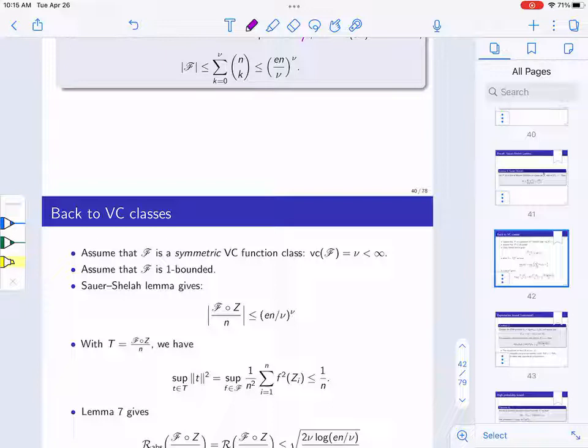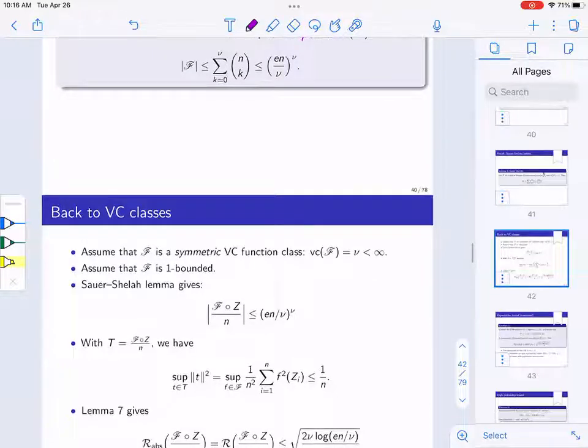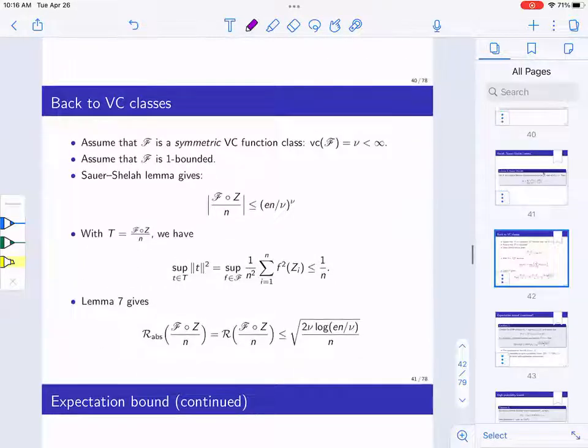Then the cardinality of this set, the restriction of F to the endpoint set z1 up to zn, by that lemma is (en/nu)^nu. And if I apply our result, if you take T to be this set, you have the cardinality and also have to control the diameter. Because we're symmetric, let's say centered at 0, the supremum of the norm of T squared is